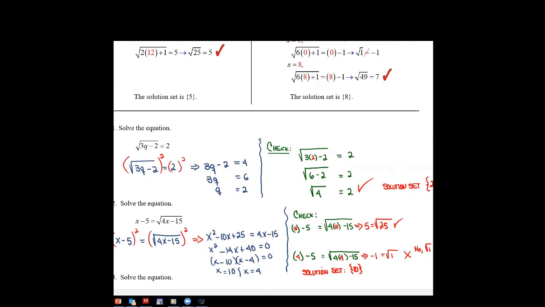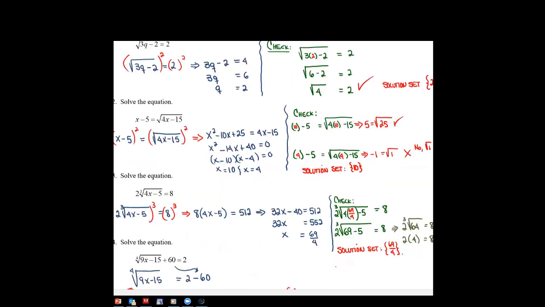And these are number 1 and 2. Okay, here we have the radical already isolated. So in this case, you just have to square both sides. You square both sides, and that's a simple one. You get q is equal to 2, and then when you check the answer, it checks out. This other one we have to,